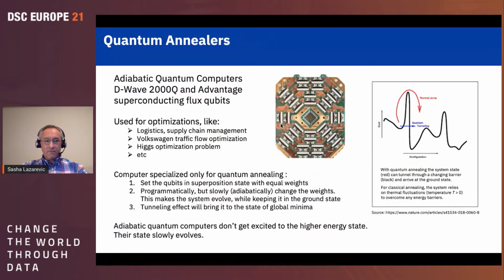Then we have quantum annealers. So this is based on superconducting qubits. And this company, D-Wave, they started producing this some time ago. The Advantage chip has more than 5,000 qubits. But this is not a really universal computer. You can't develop a code. You can't run a script, for example. What you can do is use it for optimization purposes, like logistics, supply chain management, etc. And it's quite popular. There are a lot of people who play with this. They can resolve real problems.